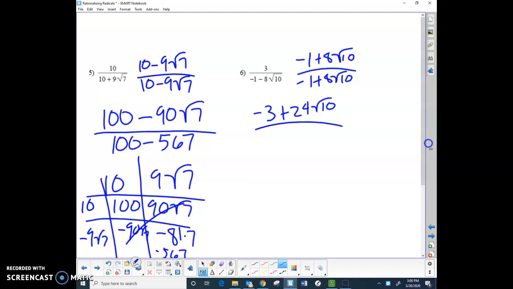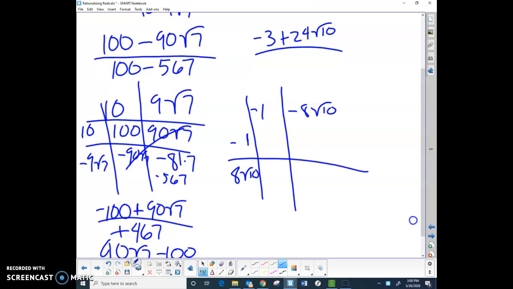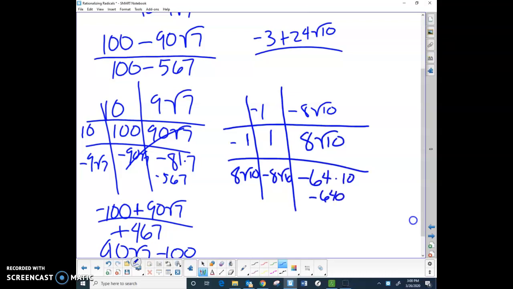And on the bottom, so if you need to do the boxes to figure this out, do the boxes. So I've got a negative 1 and a minus 8 square root of 10 and a negative 1 and a plus 8 square root of 10. All right, so negative 1 times negative 1 is 1. This becomes a positive 8 square root of 10. This becomes a negative 8 square root of 10, and this becomes a negative 64 times 10, or a negative 640. All right, so on the bottom, these cancel out, and I am left with a 1 minus 640,